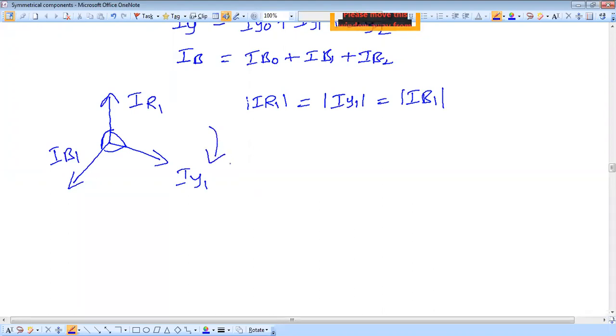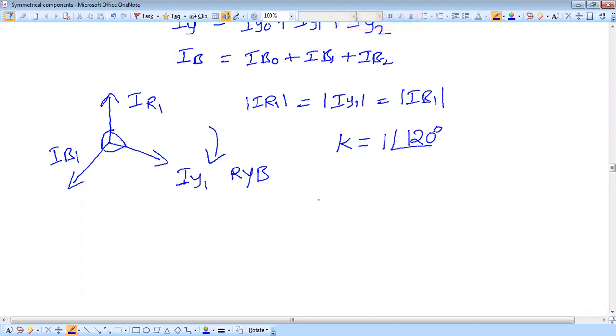We know that the phase sequence of the positive sequence component means the sequence in which the phases appear in the clockwise direction. First the R phase comes, next the Y phase comes. Therefore, you can write this as the RYB phase sequence. Let us assume that our original phase sequence is RYB, so this positive phase sequence is also RYB. Now, what is the operator K we defined in the last class? The operator K is the vector having unity magnitude and an angle of 120 degrees in the anti-clockwise direction. This was already discussed in the last class: K has magnitude 1 at an angle of 120 degrees anti-clockwise.